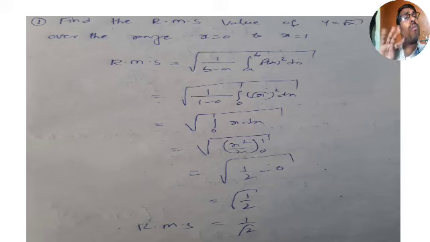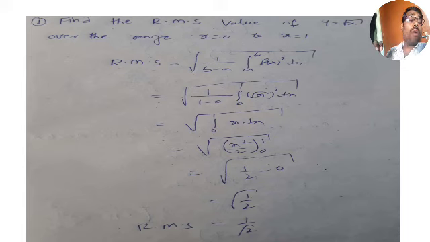So how many topics are there? Totally only 4 topics. First one, mean value. Second one, RMS value. Third one, trapezoidal rule in numerical integration. Fourth one, one-third Simpson's rule in numerical integration. Only 4 topics, and you are going to get 27 marks, about 7 from each topic. In the previous class we learned about the mean value.